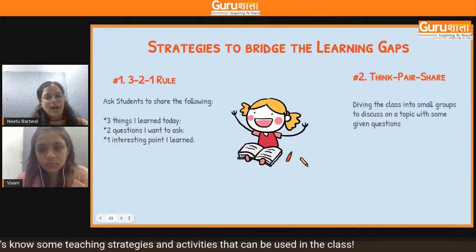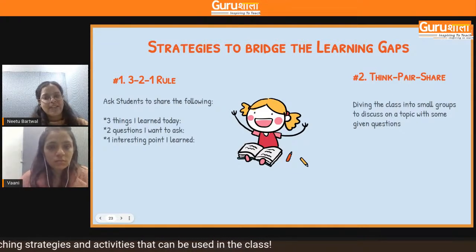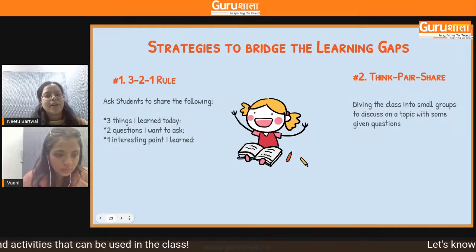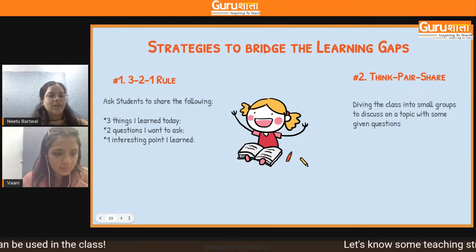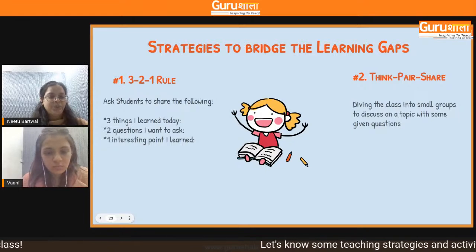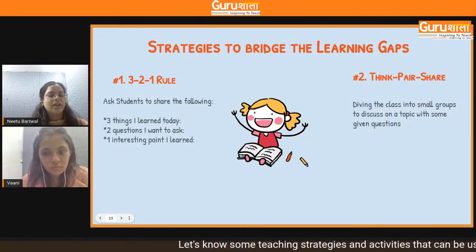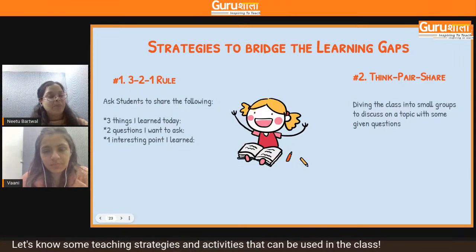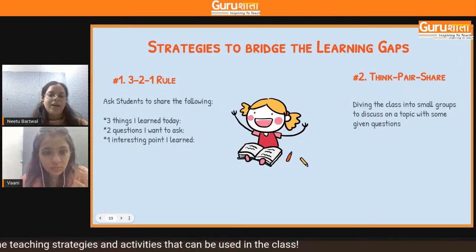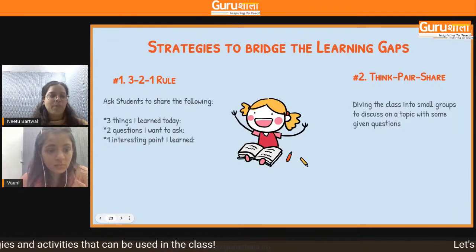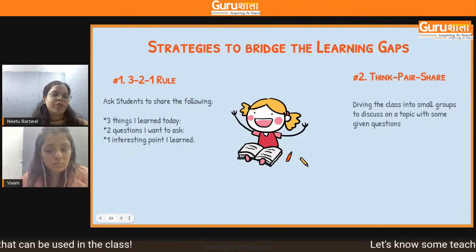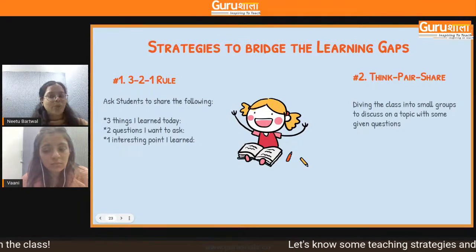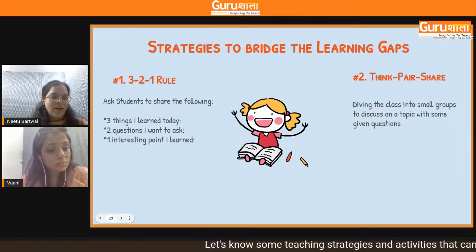Keeping these factors in mind, you can provide them certain topics which you feel the students are lacking in. You can suggest these topics or give some guiding questions, which can be discussed in pairs or groups, and later the learnings or outcomes of this discussion can be shared with the whole class. So this could be one more strategy which can be applied in our classroom.